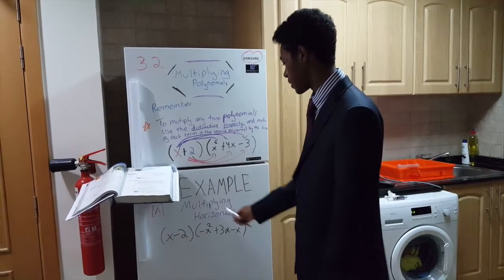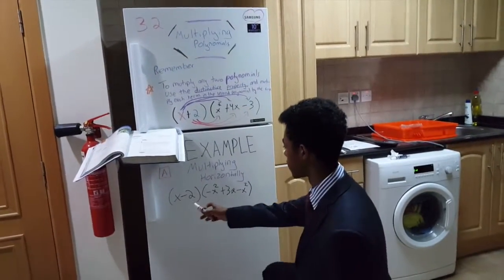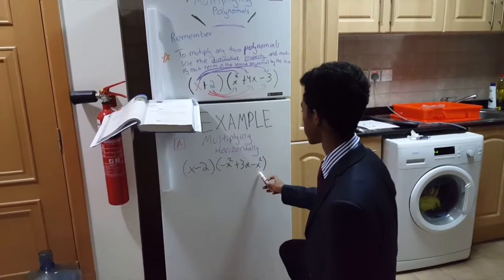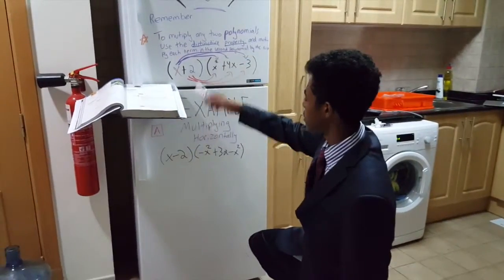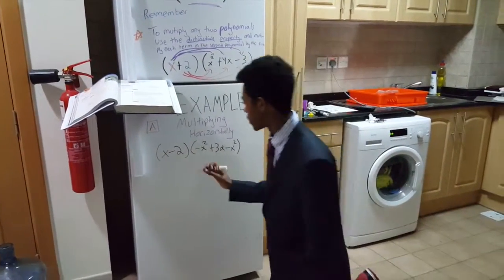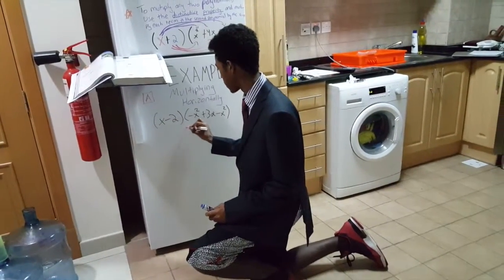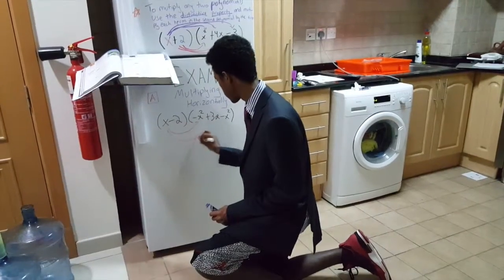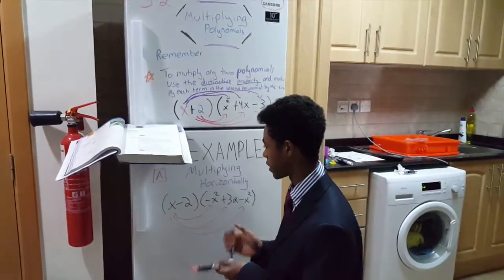So here's an example of multiplying polynomials horizontally. Over here, x minus 2 times minus x squared plus 3x minus x squared. When we multiply this, we have to use the distributive property since it has two polynomials. The distributive property states that we have to multiply like this. Multiply each one, the first factors, and then